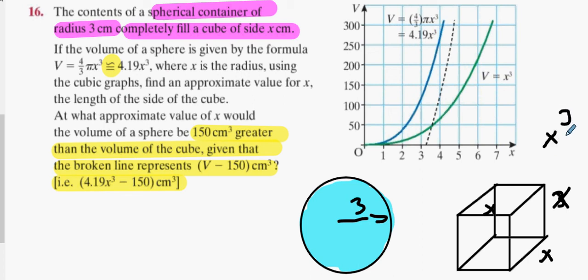Everybody cool with that? Now here's where the question starts to confuse me big time. If the volume of the sphere is given by the formula 4/3 pi x cubed, has it not just said that the volume of this sphere is a radius 3? So is it not 4/3 pi 3 cubed? Is that not the volume of the sphere? Does it not say it at the top? That it should be 3, not x. So what I'm going to do is